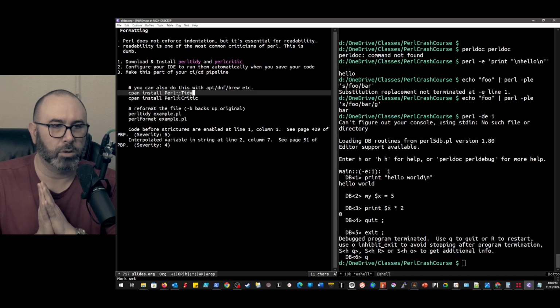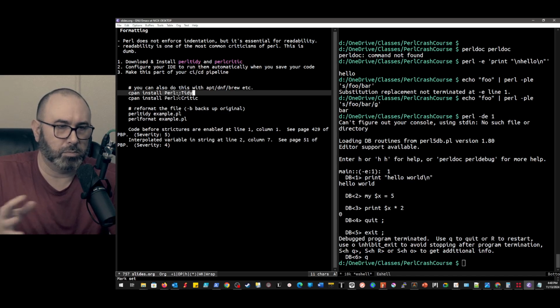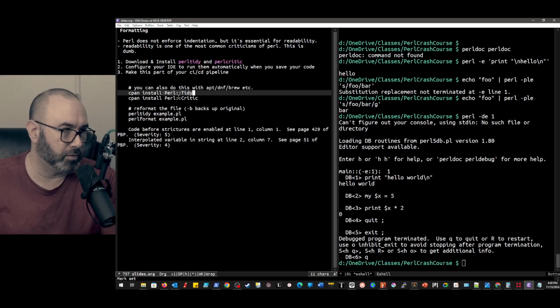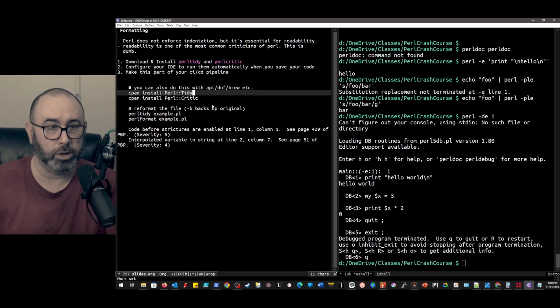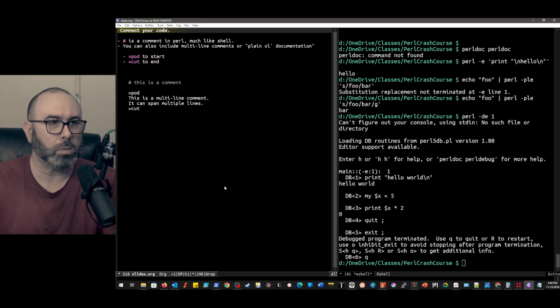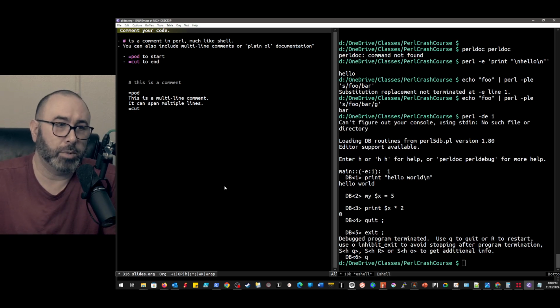And then perlcritic example.pl will give you recommendations, right? So it'll give you, hey, this might be an issue. It also gives you a severity level because these are basically looking for warnings or issues in your code. So obviously, comment your code.